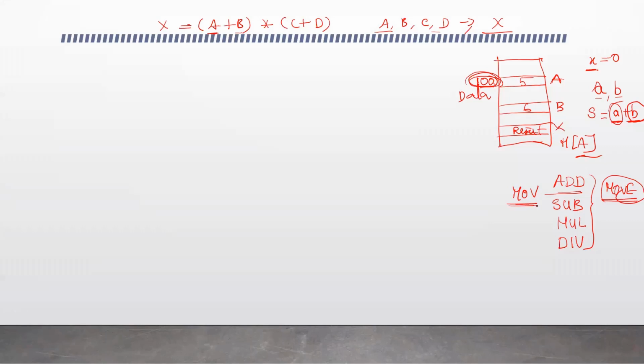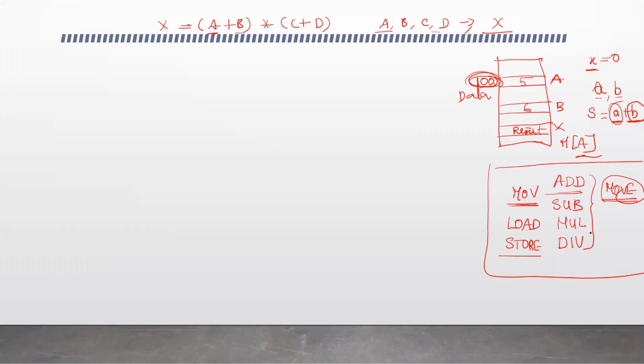Here we use the instruction MOV for moving the data, and load and store. These instructions we use to transfer the data between registers and memory. To move between register and memory, we use load and store. So these are all our operations. We are going to discuss these operations, the instruction set, in detail later.